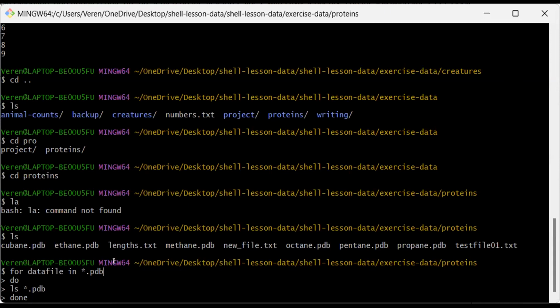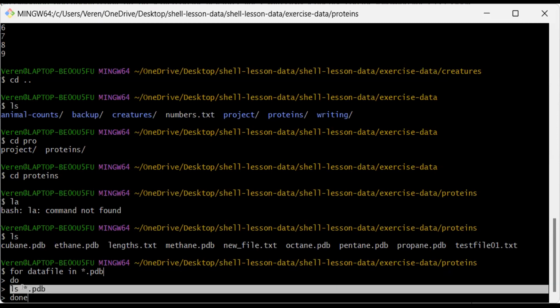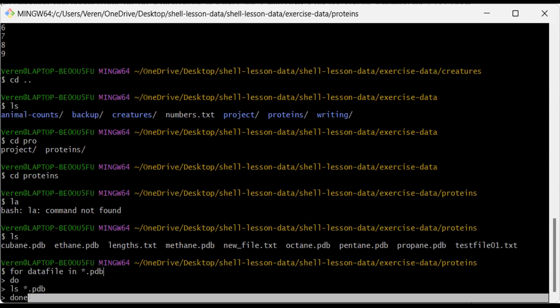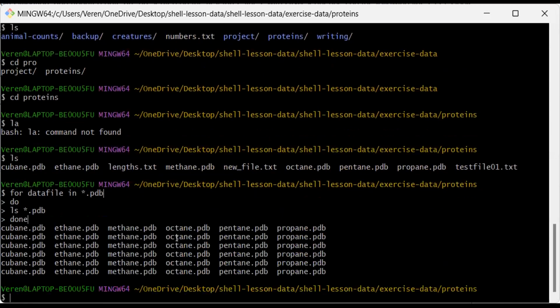So we're going to introduce the use of the variable after this. So you'll notice here, we are not using a variable. I'm not sure if you picked that up. We haven't specified or called a variable within the loop, we've just said wildcard again .pdb. So we're telling it to list everything .pdb, but we are also telling it to loop over. So when we hit enter now, it's going to loop over multiple times and print the same thing multiple times, right? So this is actually a loop gone a little bit wonky. It's maybe done what you wanted it to do, but not at all the way you wanted it to do it. So now let's take a look at the second example that they give us where we introduce a variable,